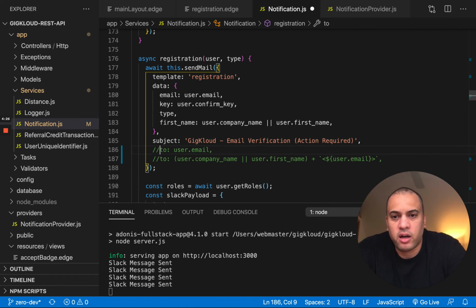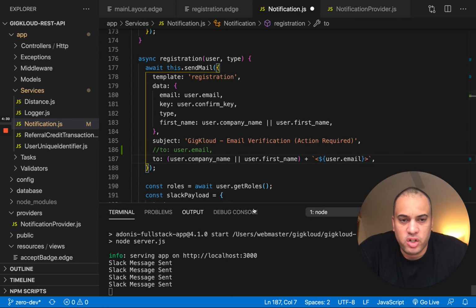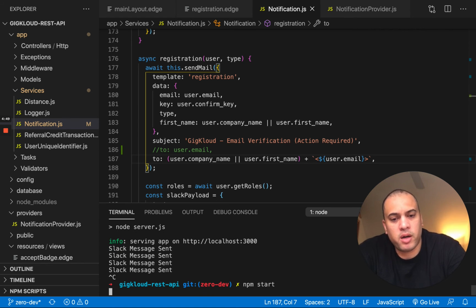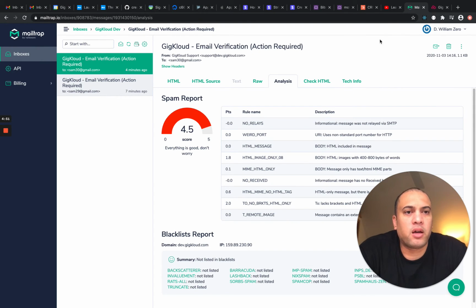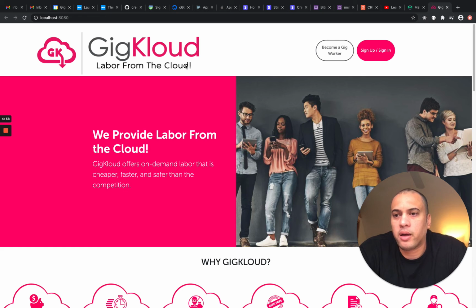So I'm going to comment this out, and then I'm going to replace it with this, which is just string interpolation. I'm going to choose either the company name or first name, because one may be populated and the other may not be, plus the email within these carets. So that's in the format that it likes. I'm going to save that, restart my server. I'm going to come back to GigCloud. Of course, we're not going to see any change here because we haven't sent the new email. So I'm going to